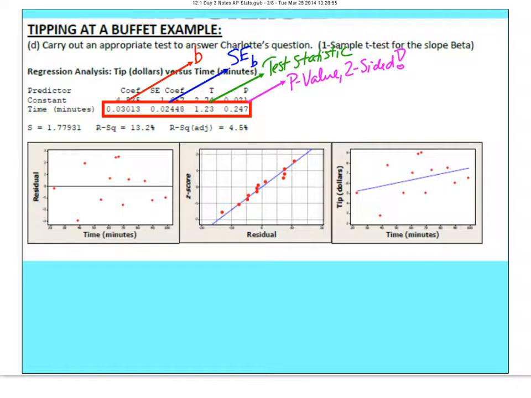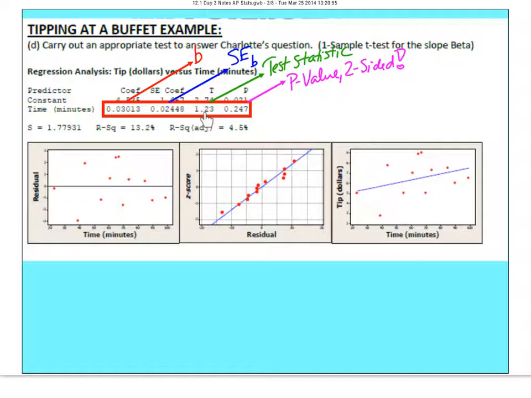I want to go back to the tip data that we looked at from the buffet. Here we have the computer output of the results. We have here the residual plot of time and the error related to that, a normal probability plot, and then this right here, don't forget, was our original scatter plot. Again, looking at the computer output, we have the slope, we have the standard error of the slope, we have